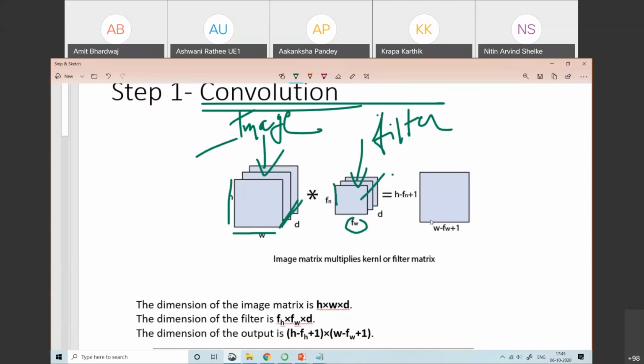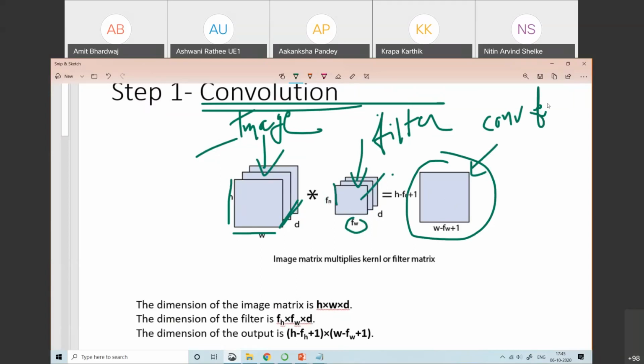Now the output that I am getting here is the convoluted feature. It has the dimension W minus FW plus 1, and similarly H minus FH plus 1.